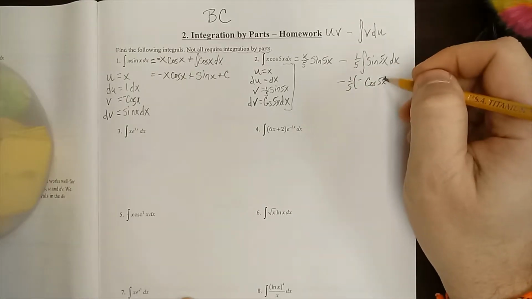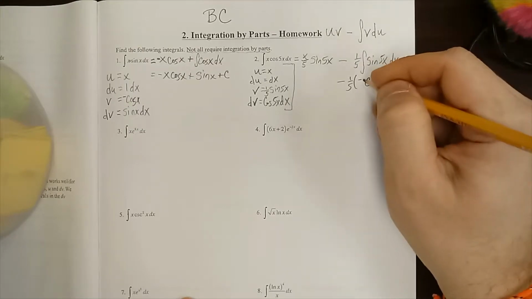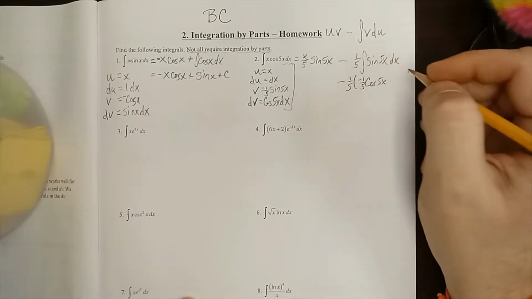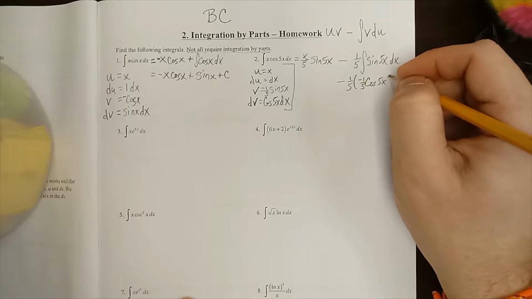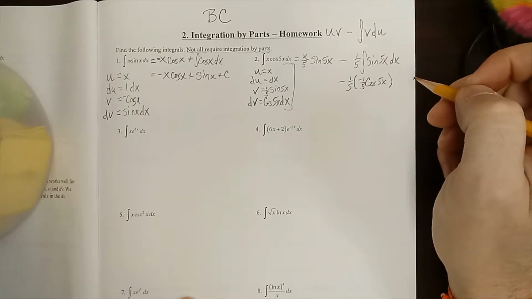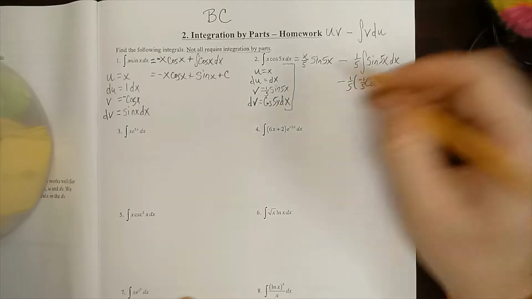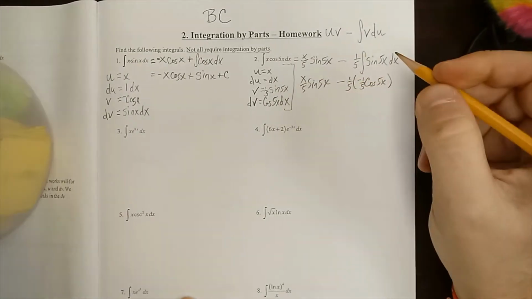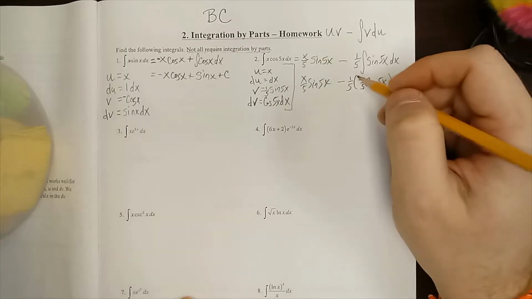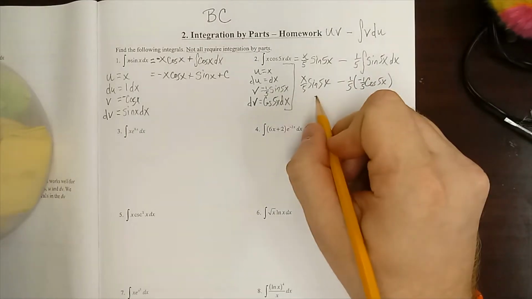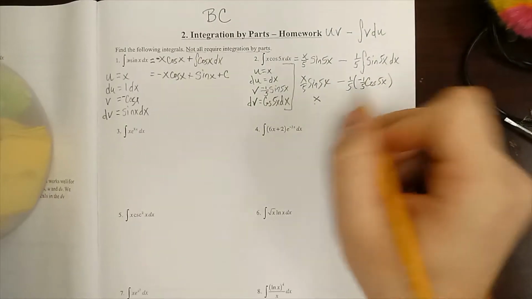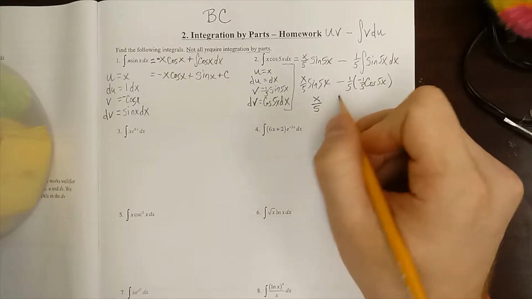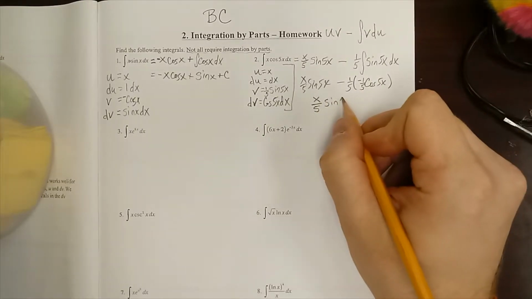And remember that a 5 is also going to pop out when we take this derivative, so I need a 1/5 to cancel the 5. So this all comes down. We've got some double negatives there, and I've got a 5th and a 5th. I could do some factoring if I wanted to, like pull a 1/5 out of everything, but